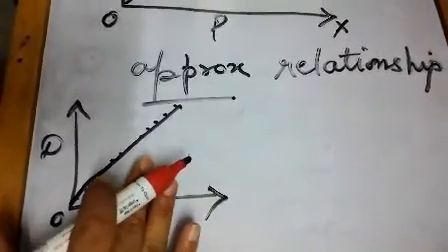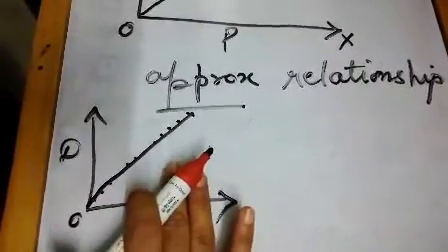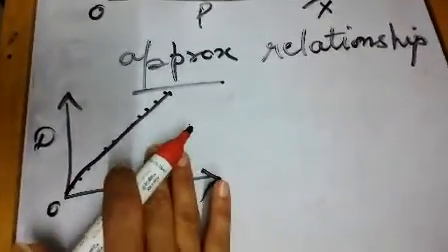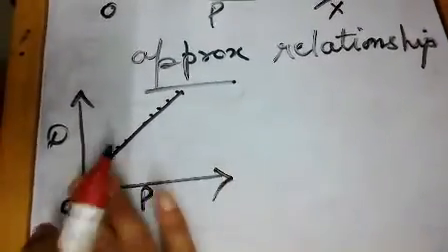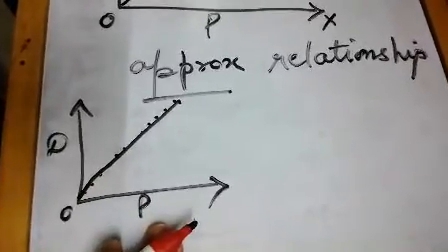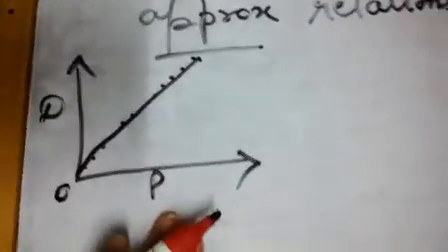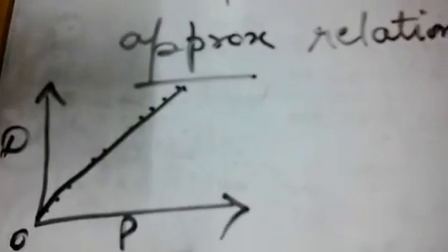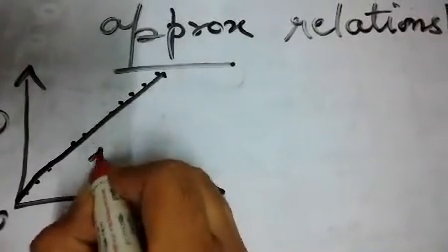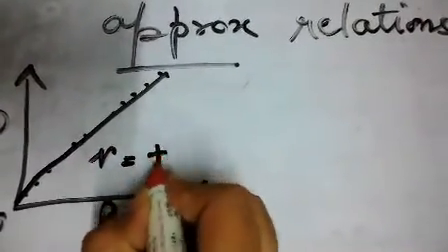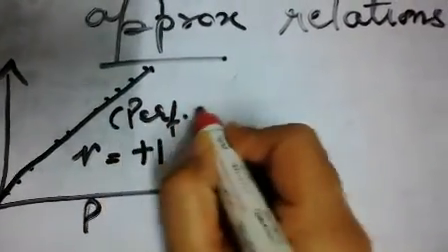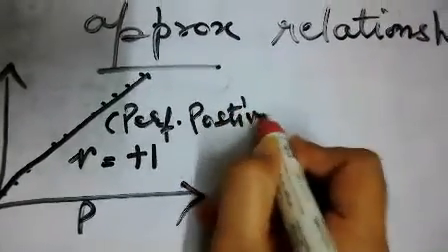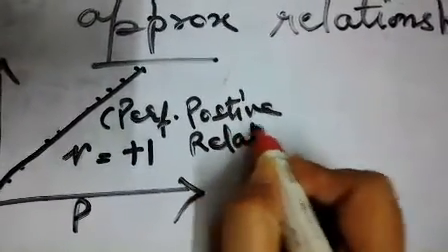So if we get a scatter diagram of this particular type, then what sort of relationship do we develop? We are developing a positive and perfect relationship between the data. That means a perfect and positive relationship exists between the given variables, or you could say the coefficient of correlation in this case is +1. It could be said to be a perfect positive relation.